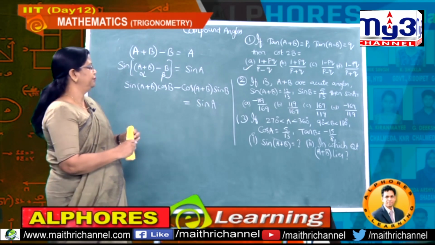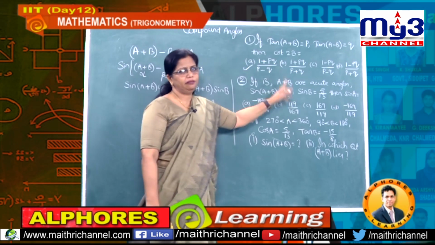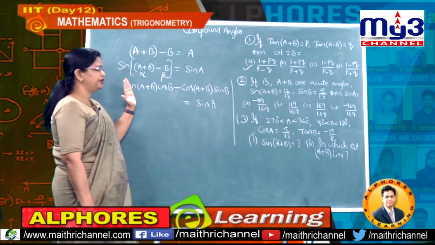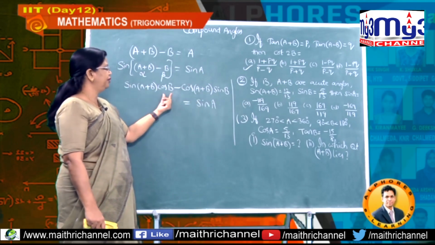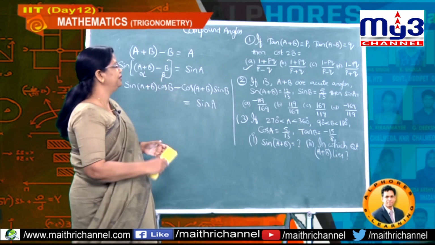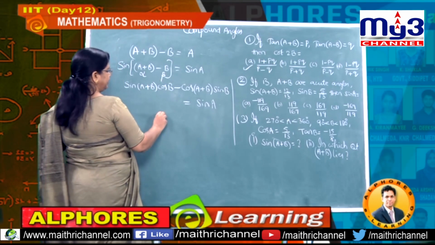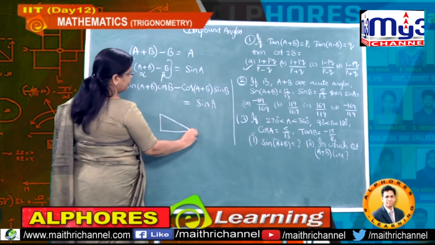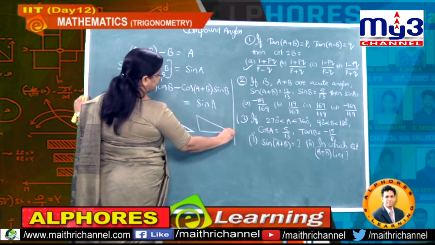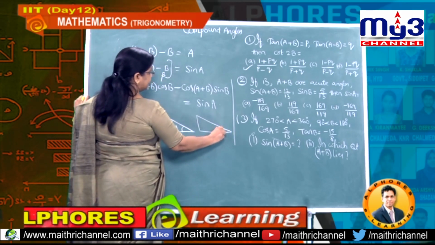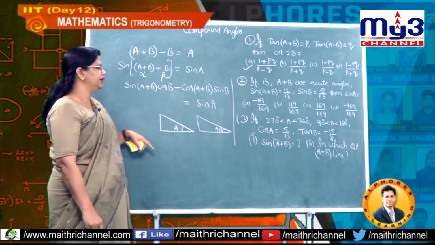Got it? Now what are the values given in the problem? Sin A plus B, sin B. So you can substitute the sin A plus B value and the sin B value, but still you don't know cos B and cos A plus B. So let's make use of a right angle triangle. If I draw, this is the right angle triangle, one I am taking for A and the other I am taking for A plus B, understand? Because separate values are mentioned, no problem at all even if you take separate right angle triangles.